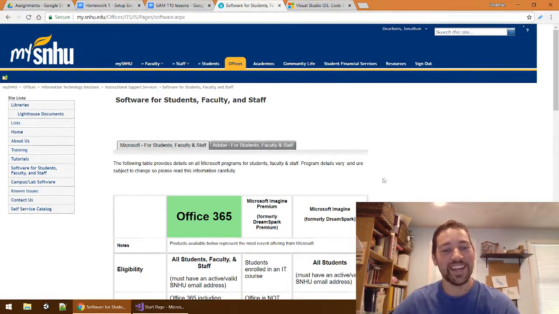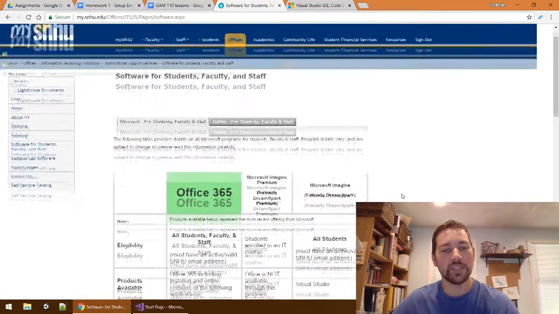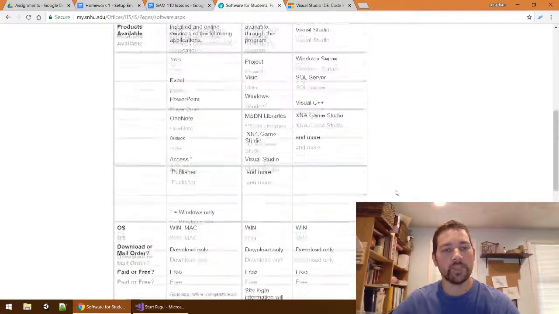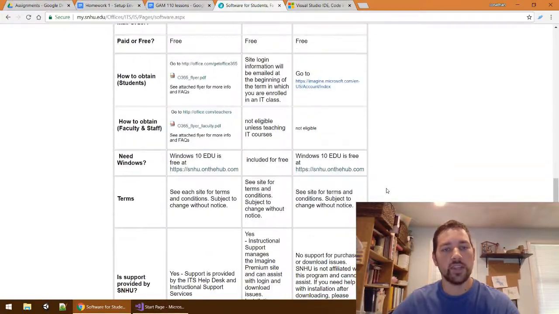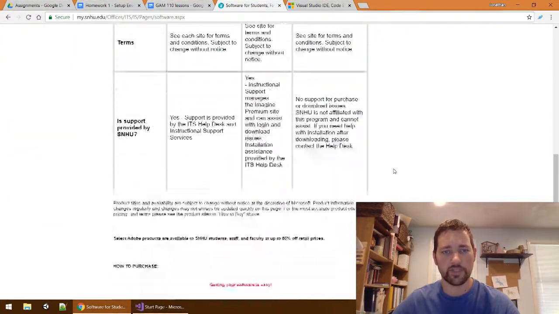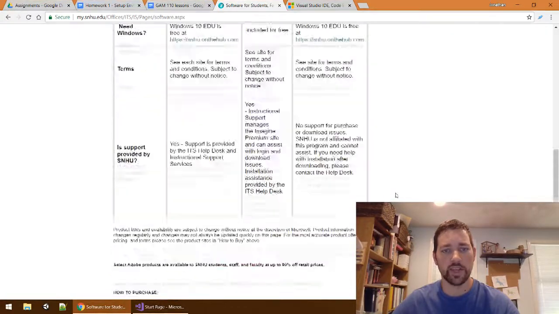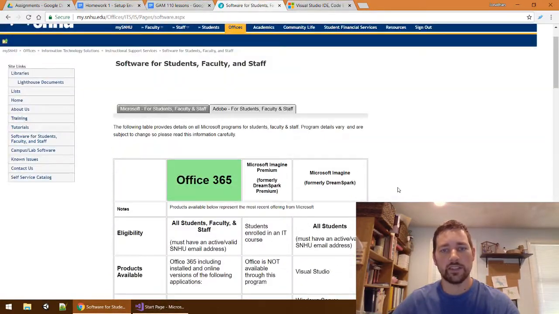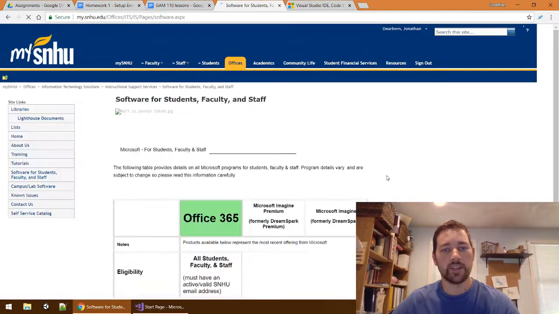That's pretty annoying. But it does give you a list of the different products you can get through the school. And there are Adobe products as well. This page is kind of weird. If you click on that, it shows up at the bottom more information about how to get things like Photoshop. So anyway, with the Microsoft software,